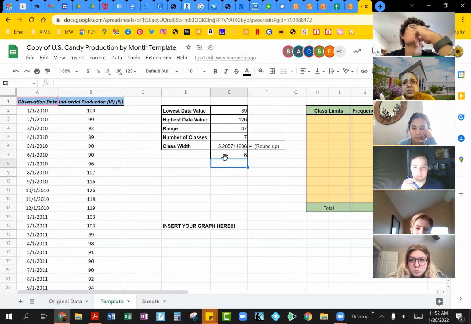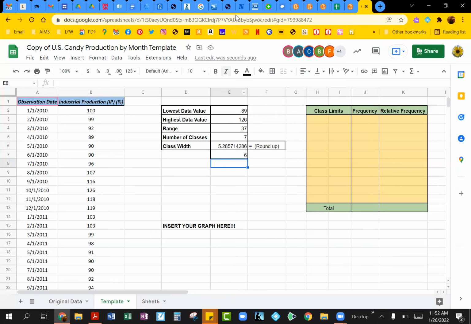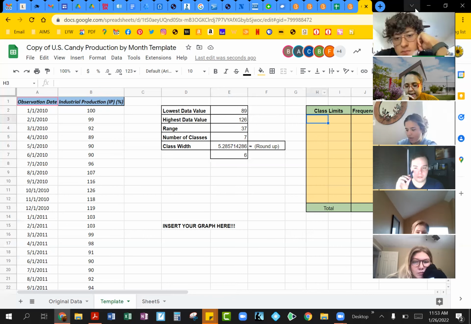Now, the second crucial part to your frequency distribution is completing your table and seeing: are we ending up with too many zeros in our frequency column? So for that, you will come to your table over here and start designing this frequency distribution. One rule of thumb that I tell you to remember, and you'll see this in your notes and handout also,